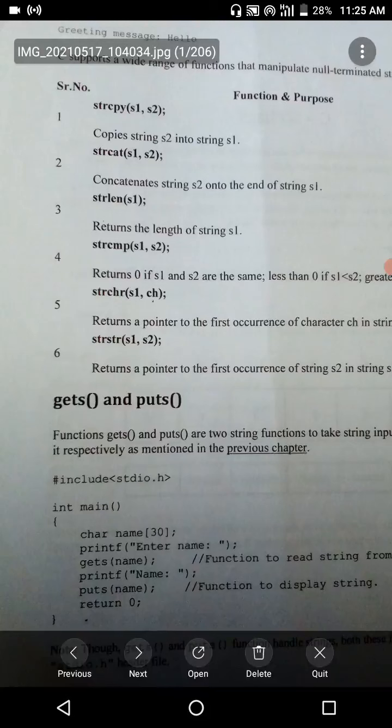Next, third one, to find the length of your string. Suppose your name has 10 letters, and we want to check the count of characters. We have to use the function string length. String length is a function that returns the count of characters in your string. If there are 10 characters, it returns 10.